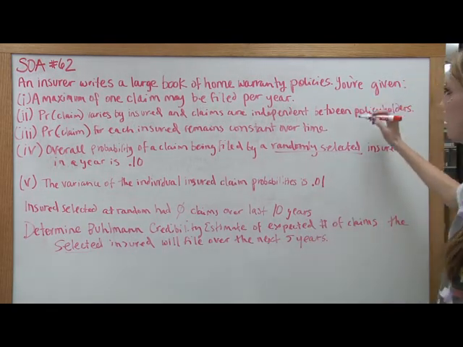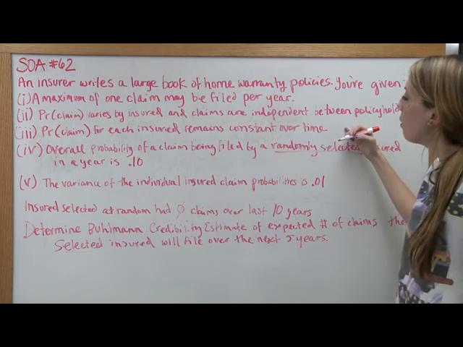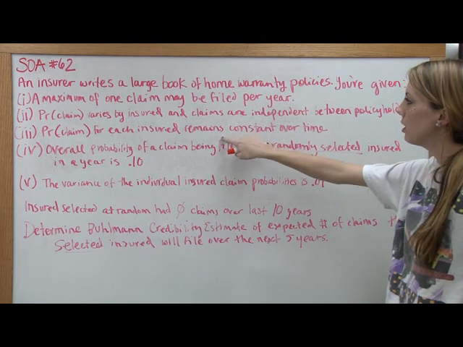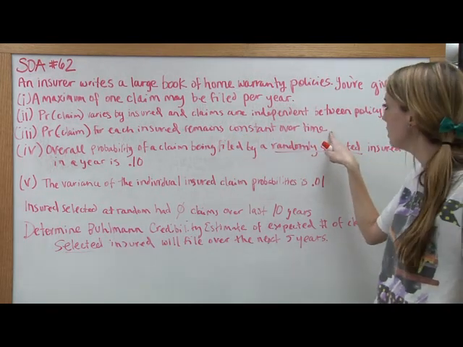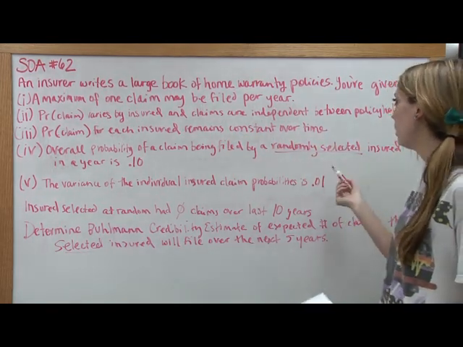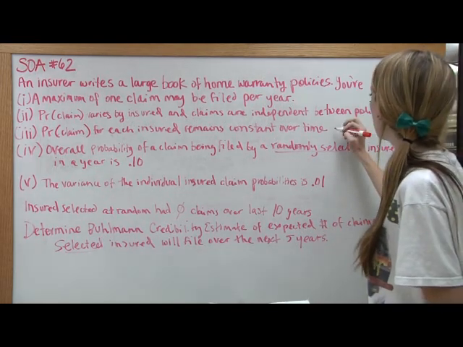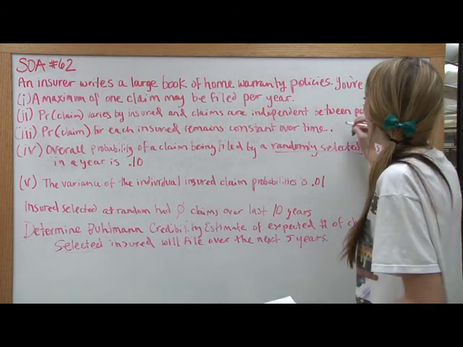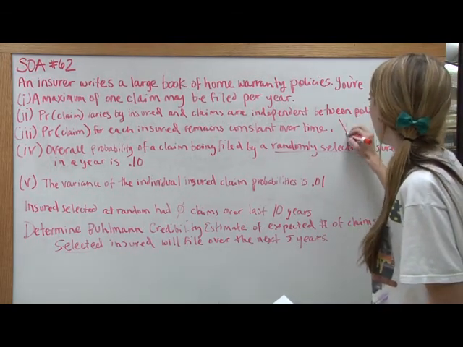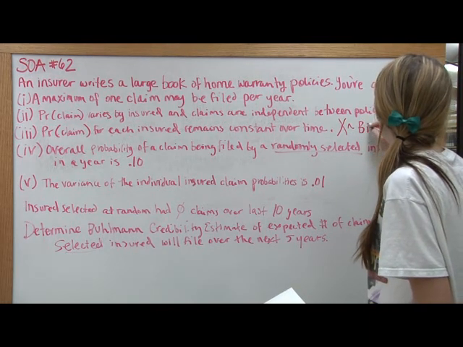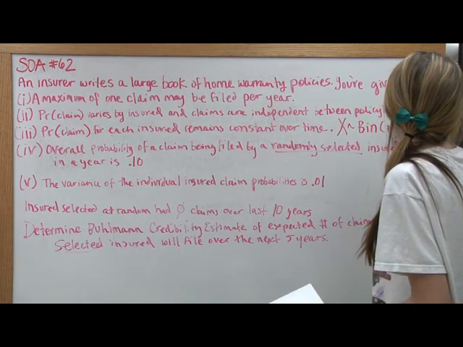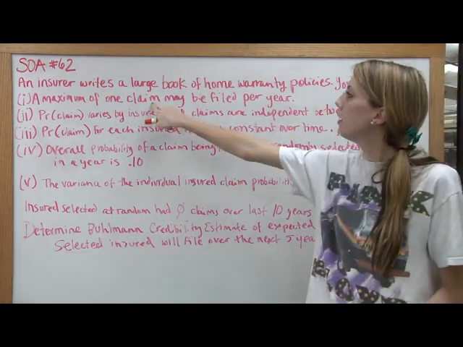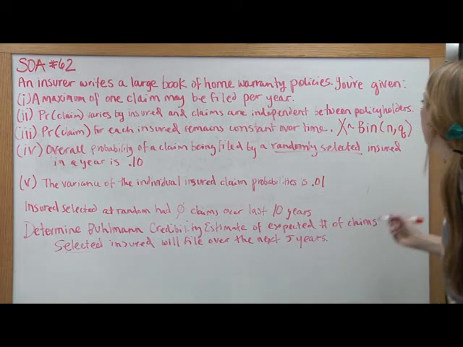But from these first 3 things, especially because we can tell there can only be a certain number of claims, and each insured has a constant probability of claims, we know that this is binomial. And if we want to, we'll just call the random variable for the number of claims x. So x is binomial with parameters n and q. And from up here, since a max of 1 claim may be filed per year, we know that this n